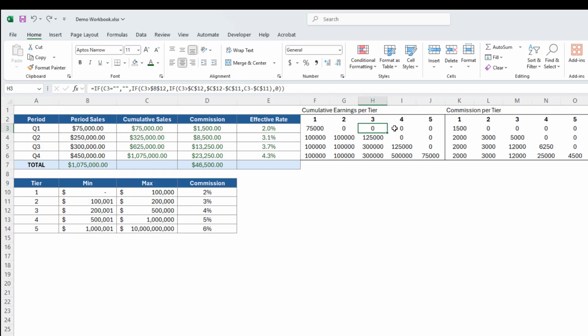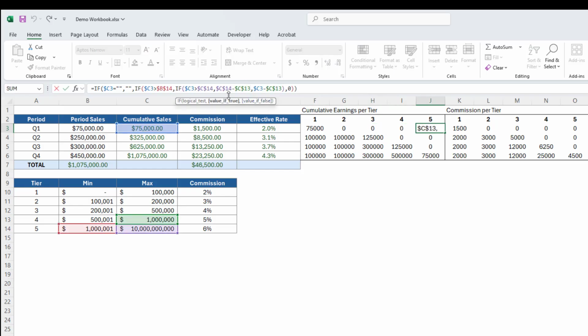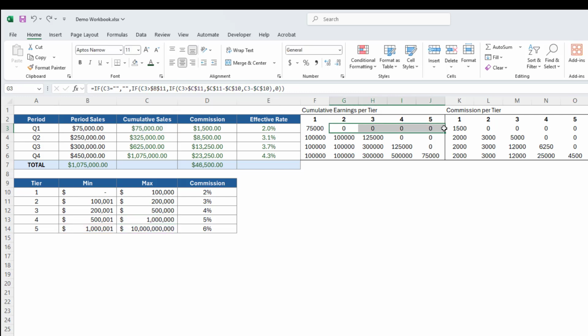So once you get this built across this way, again, especially if you are able to use those dollar signs the way that I have them in there, then you can actually take that and copy the whole thing down and everything will update correctly. So I'm just doing Control-C, Control-V on the keyboard, or you can also use the cursor and drag it down like that. Okay, so now we have the cumulative earnings per tier